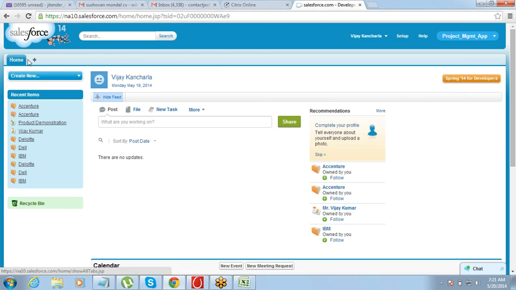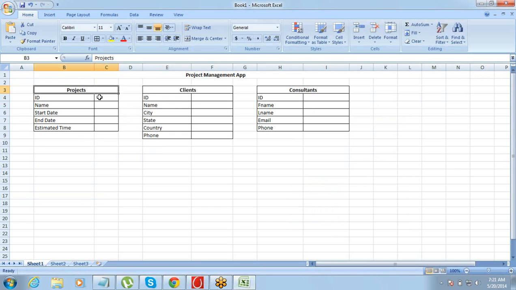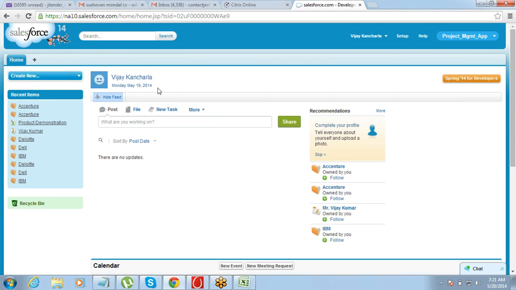I just included home tab, which was there by default, the mandatory tab. So let me now, I have created two objects already here, right? Projects and clients. So let me create tabs for these two things and bring them on this app. That is what I have to do, right?